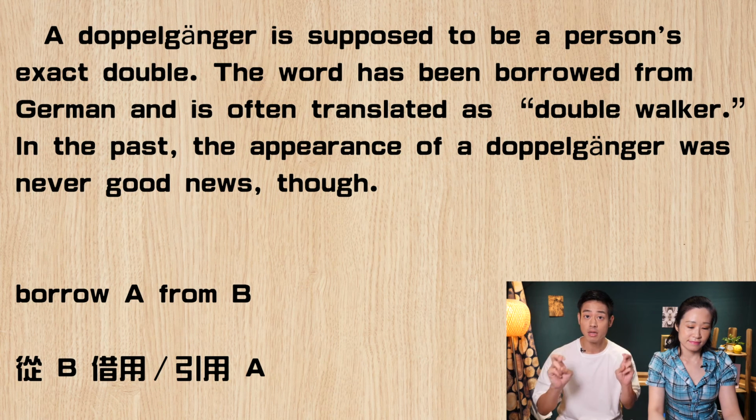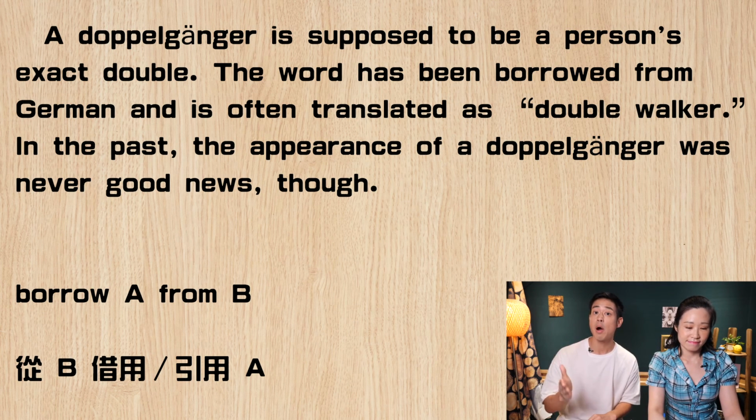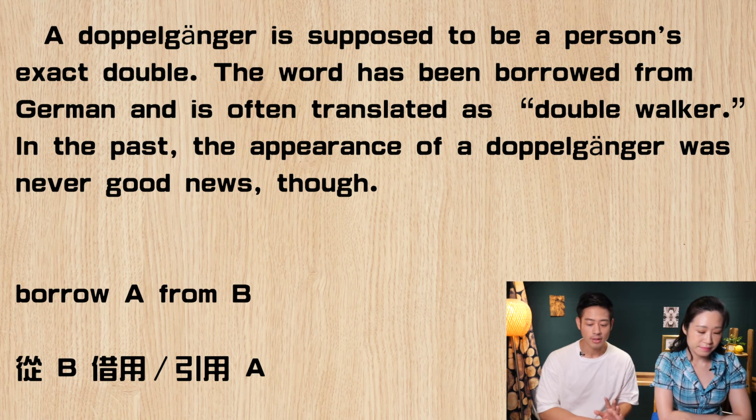The word has been borrowed from German and is often translated as double walker. 这个字怎么来的呢？它其实是从刚才老师说的德文里面借用而来的，而且我们常常把它翻译成双重行者。When we say borrowed from, we always put from after borrowed because we're taking it from somebody. 这个 borrow from 就是从什么地方借来，因为 borrow 是跟人家借东西，所以你借东西一定要有一个来源的地方。